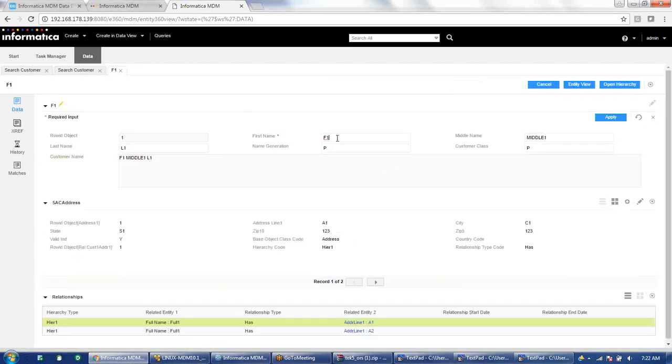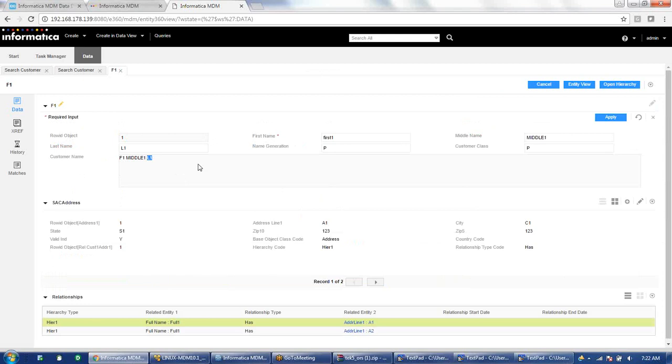So you can see, if I give anything here, just changing the first name into small letters, this will go into capital letters, and also it will get appended here in the customer name. That is why customer name is read only, because I don't want a user to enter the customer name.